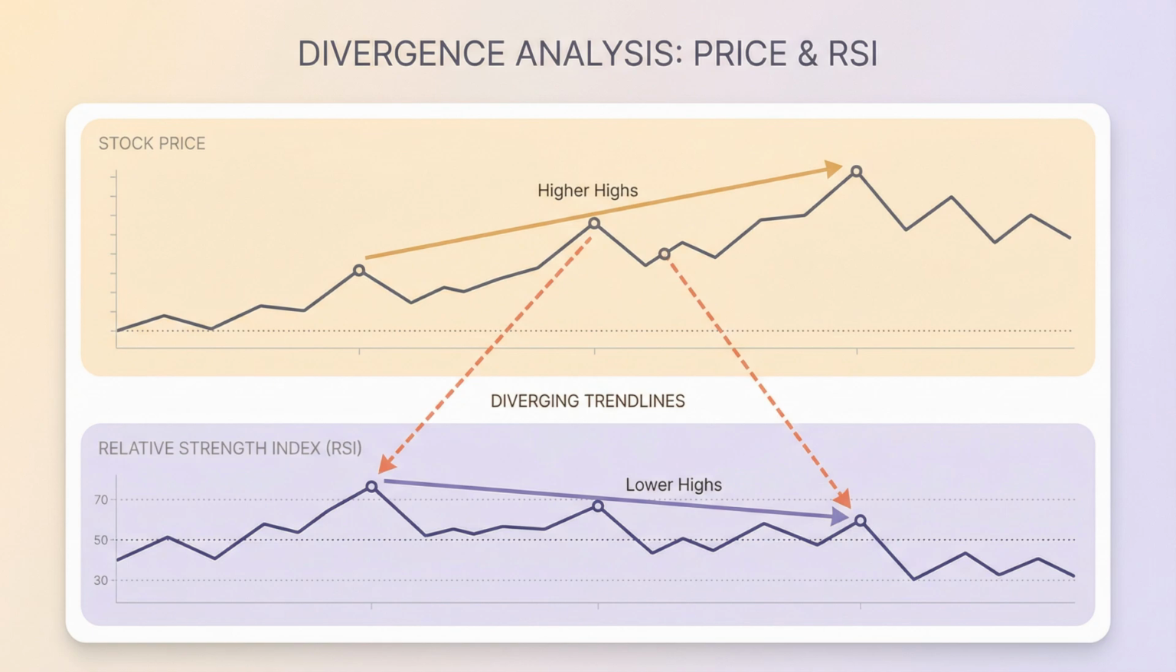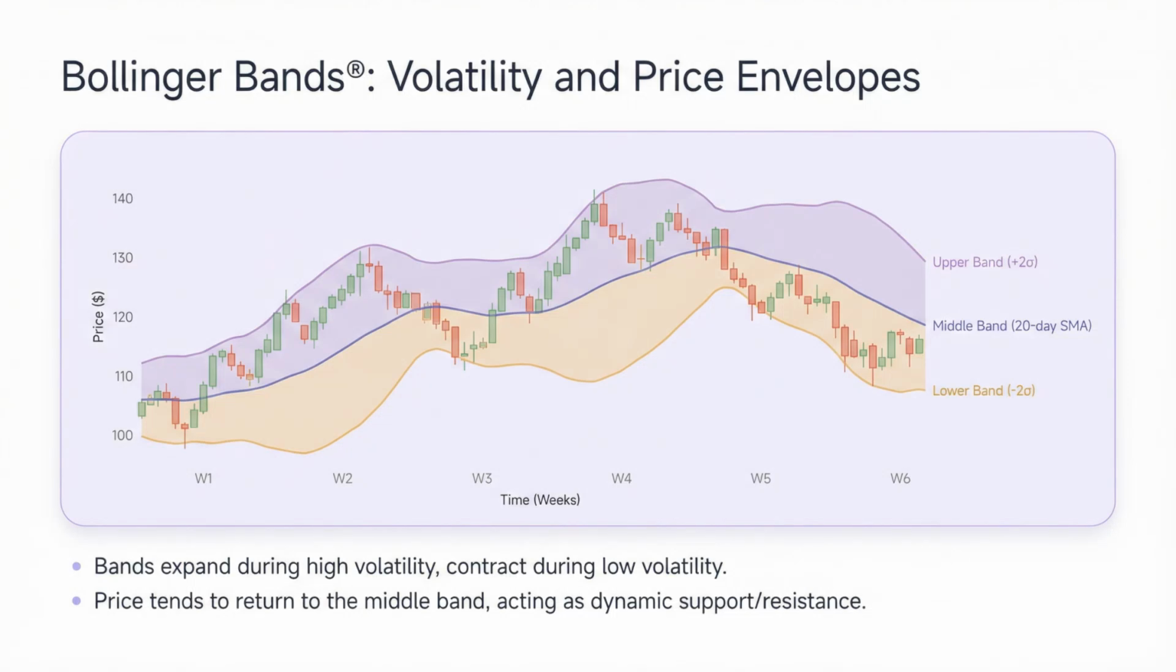This specific phenomenon occurs when the stock price is steadily rising to new highs, but the RSI line is actually falling. This glaring divergence is a strong warning sign that the upward price trend is losing underlying power and might soon reverse downward. Next up is the Bollinger Bands indicator, which consists of 3 distinct lines: an upper band, a